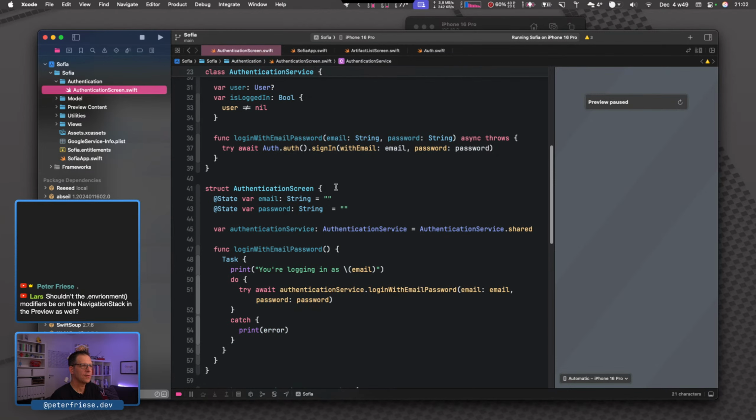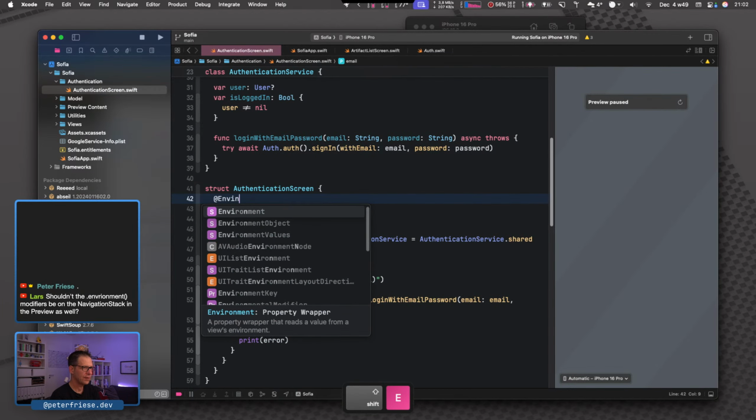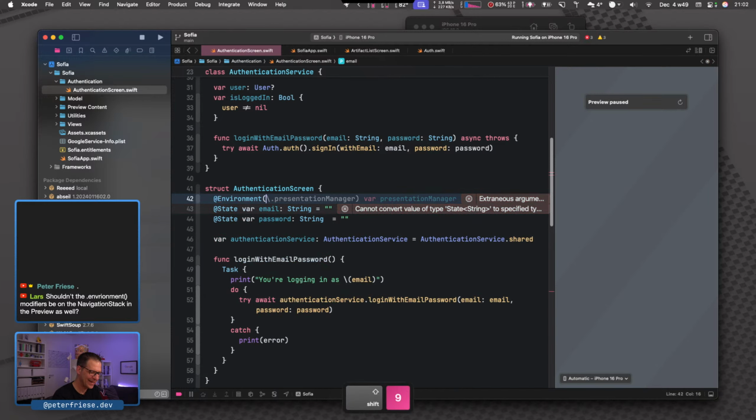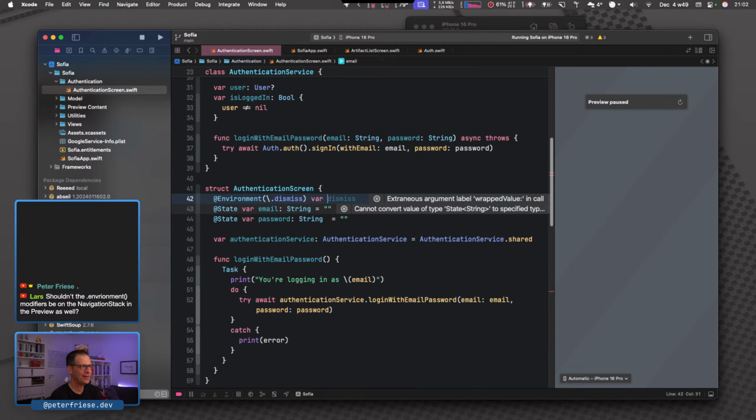And let's just go in and fix this dismiss action here. So in the screen, I'm going to get add environment. And here we go, the presentation manager. For those of you who've been with me for the past couple of streams, you will know that the presentation manager makes an appearance in probably all of them.